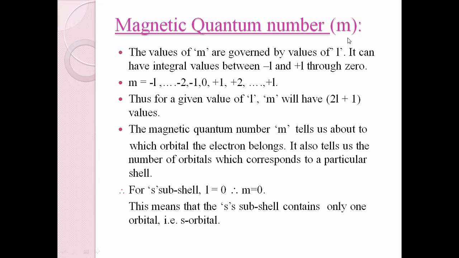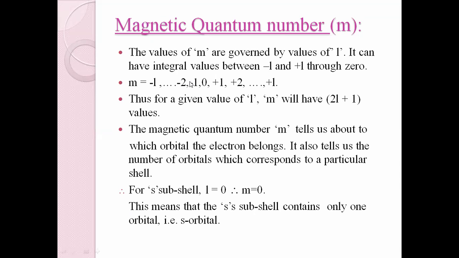Also, m is telling one thing: to calculate myself, you need to put up this formula, which is 2l plus 1. What is that? 2l plus 1. These are the values m possesses. 2l plus 1 जो भी आंसर आया है उसको मुझे नंबर लाइन फॉर्म में लिखना है, मतलब इंटीग्रल वैल्यूज लिखना है, which is ranging from -1 -2 0 1 2 3 that way, ठीक है।